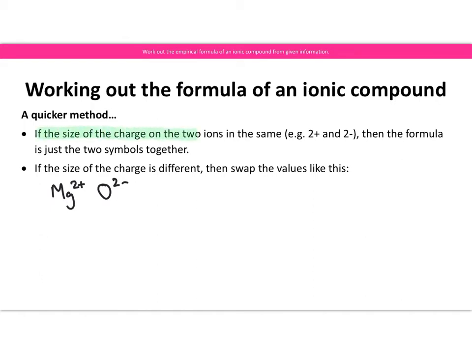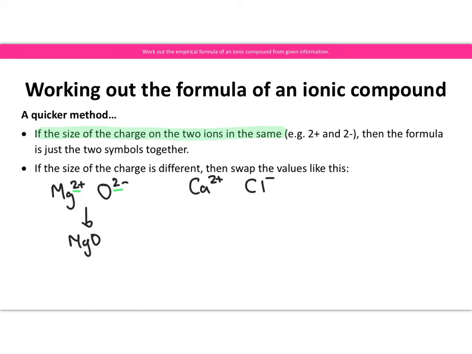if the size of the charge of the 2 ions is the same, which it is here. So we've got 2 and we've got a 2. Then the formula is simply the 2 symbols together. So the final formula for us is simply MgO. If, however, they're different, so let's pick calcium chloride. Let's say calcium chloride. So calcium has a 2+ charge because it's in group 2, and chloride has a 1-